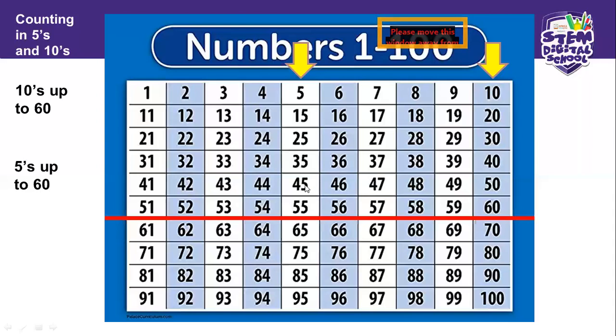Good, 45. 5 more from 45. 50, good. 5 more from 50. 55, good. 5 more from 55. 60, good, well done. So when you're relaxing there on your bed or wherever, you can practice for yourself